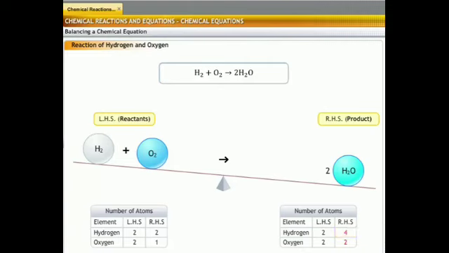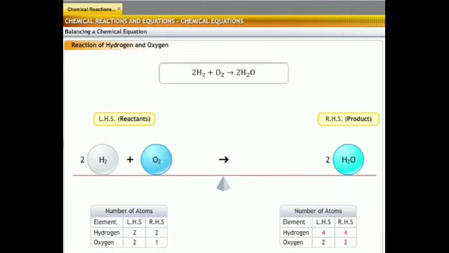In this case the hydrogen atoms again will be 4, right hand side it is also 4, and the oxygen atoms on the left hand side 2 and right hand side it is also 2. So the number of hydrogen and oxygen atoms are equal on both sides. This equation is called a balanced chemical equation. If a reaction is not balanced, it means the number of hydrogen atoms and other elements are not equal on both sides,